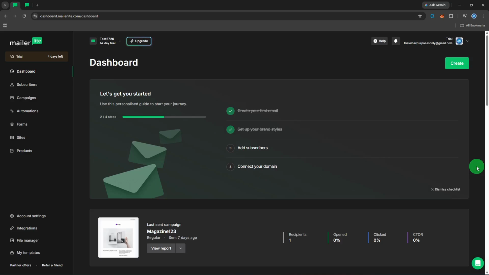Today I'll walk you through how to create an embedded form in MailerLite so you can start collecting email subscribers